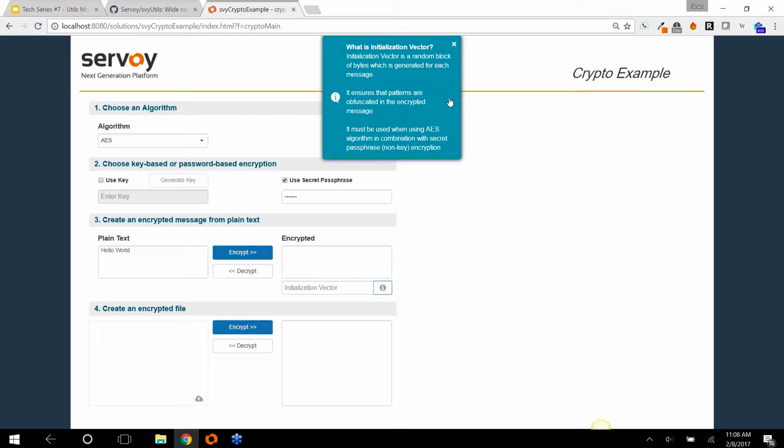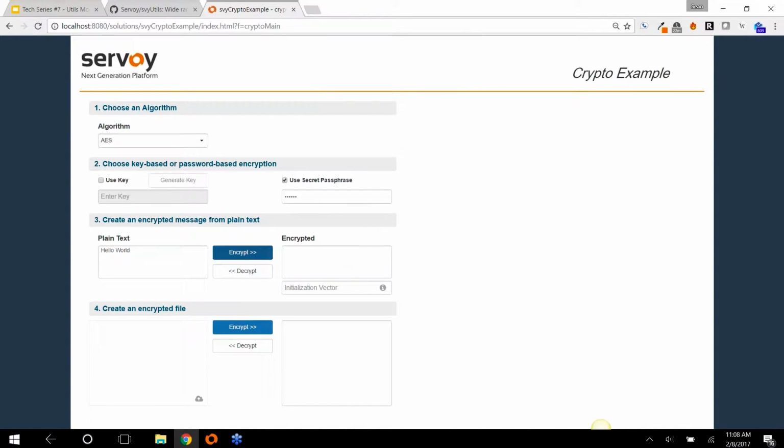So the initialization vector ensures that every encrypted message is different, and so that you kind of obfuscate any patterns that could be detected and used to reverse engineer the encryption. So you'll notice that when I encrypt my hello world message, here's the encrypted value, but there's also